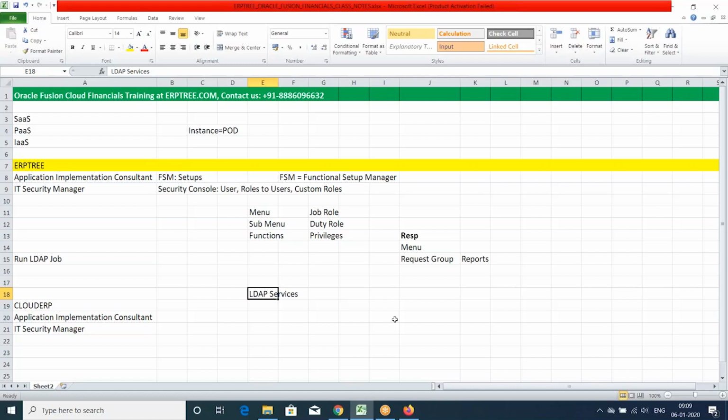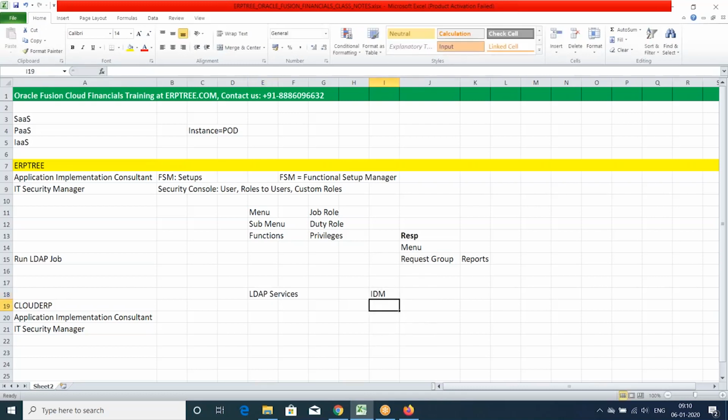Hello. Can I go ahead? Please. Okay. Can we provide any other LDAP server string to this LDAP services in order to sync the user database? Can you repeat what you said? See, in Microsoft, when I create a user, I'm storing the information into LDAP. Yes. You can use this LDAP services. LDAP is one of the directory services in the middleware of Fusion. Yes. So that, okay. That means I can provide my IDM application.